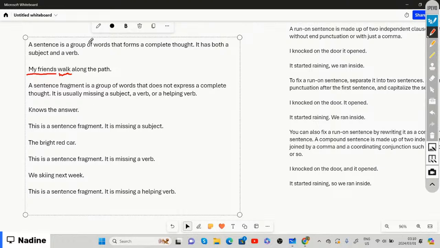And then we have a fragment, right? A sentence fragment is a group of words that does not express a complete thought. And a fragment is either missing a subject, or it's missing a verb, or it's missing a helping verb. But something is missing within that sentence, which means that it does not express a complete thought at all. And if we look at a few examples of fragments,